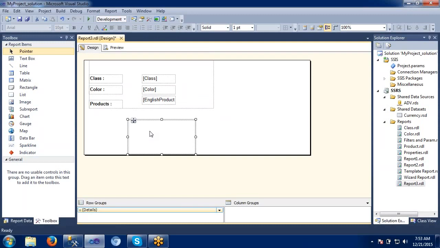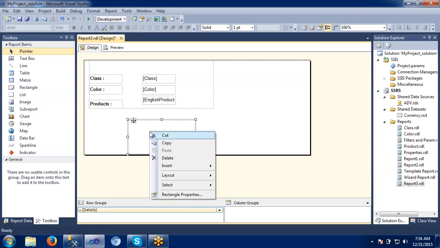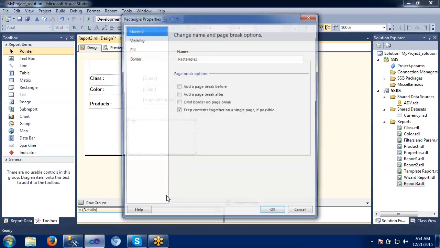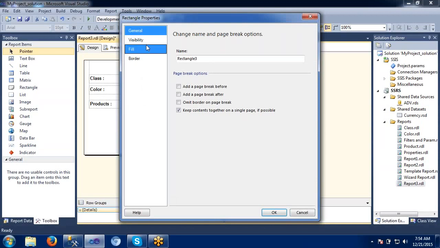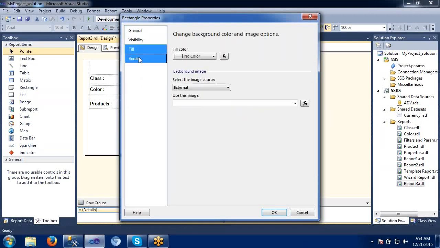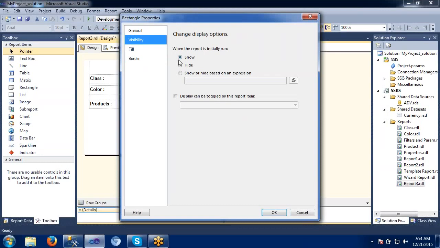A rectangle is one item which we can use in some common reports actually. We cannot make separate sense of it by using the rectangle report alone. We can add it in some other reports so that it will be useful and make some sense. So the rectangle properties are available here. The same things: visibility, fill. Just now we have seen visibility, hide, show and all these things.